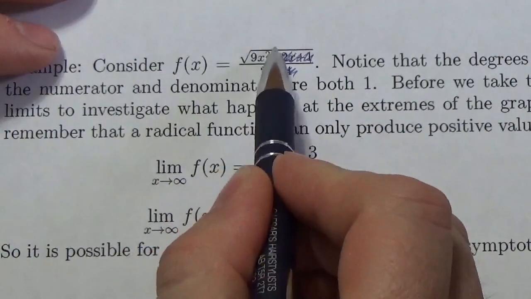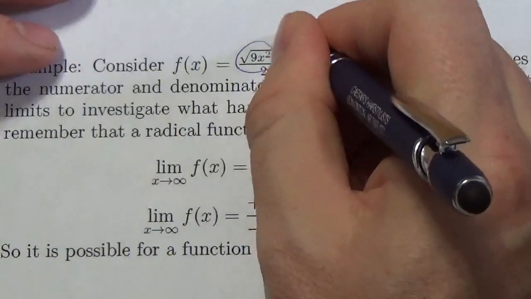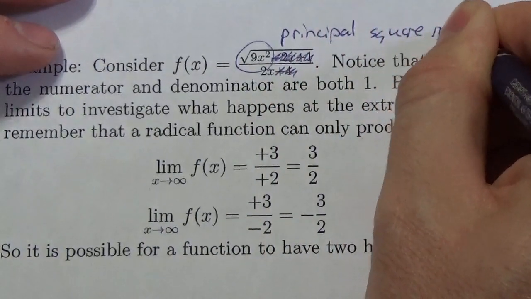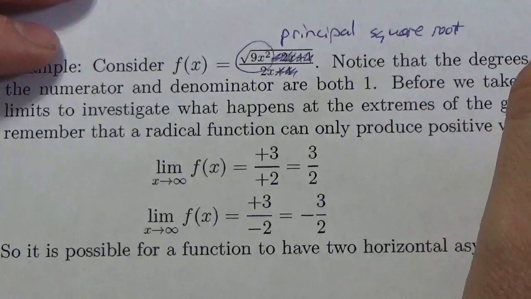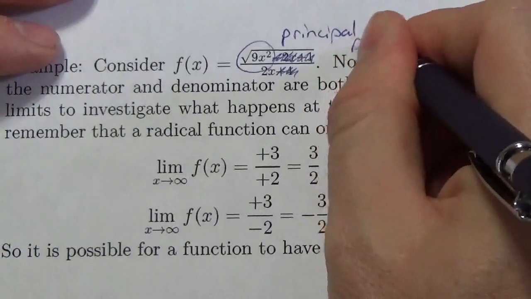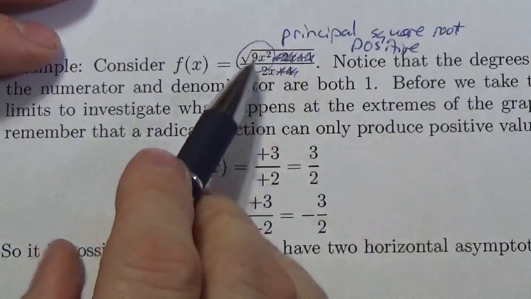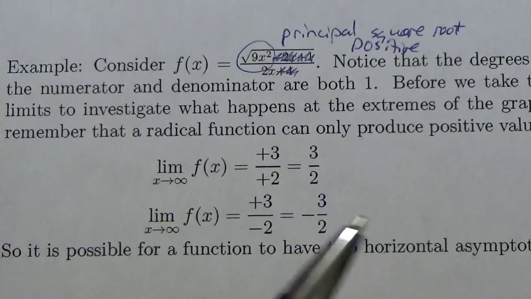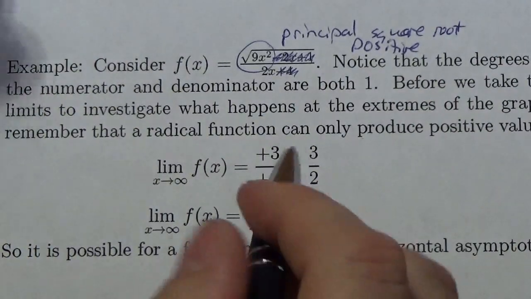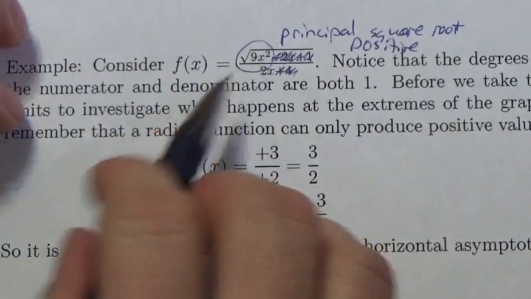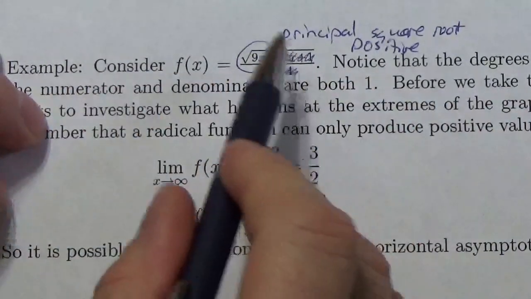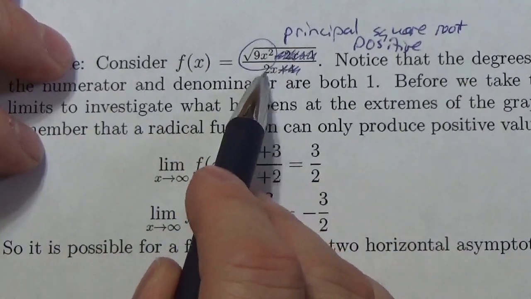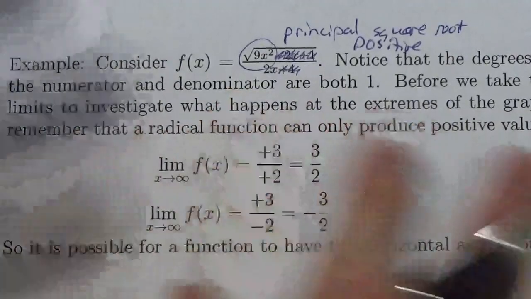Because I'm taking the square root here, this is always going to be the principal square root. Okay, whoops, and that's my horrible handwriting. The principal square root. And the reason I bring that up is because it's always positive. So when I take the square root of this thing, it will be positive. Necessarily it'll be positive. So whether I let x get big in the positive direction or big in the negative direction, that numerator is going to be positive. Because that doesn't exist in the denominator, that 2x will be positive or negative depending on